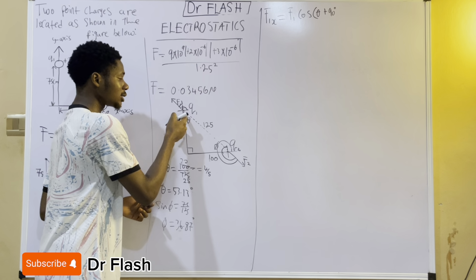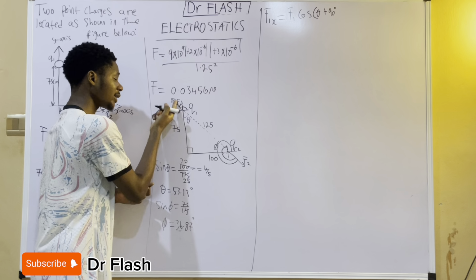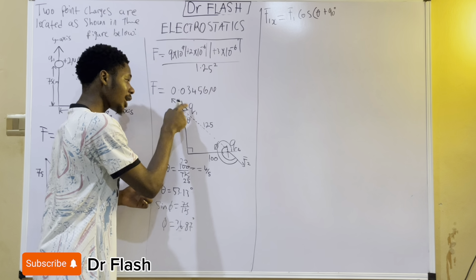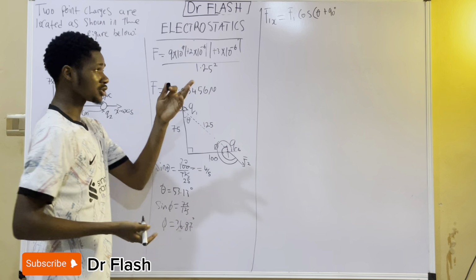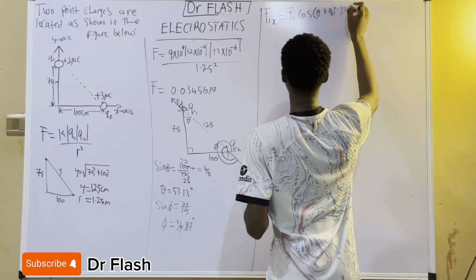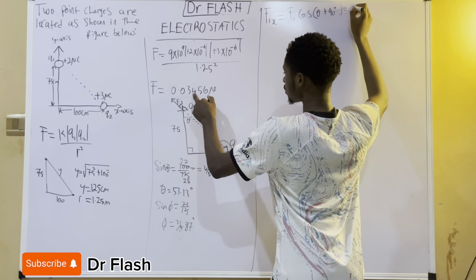So what you should take note is the angle here, I just did a little math. Okay, the angle here is opposite it directly, that's theta, and I'm resolving to the x-axis. So I need to make use of the total angle down to the x-axis, which I just did, which is theta plus 90 degrees. Okay, and that will give me a value of what is F1 and F2, they are both equal, having a value of